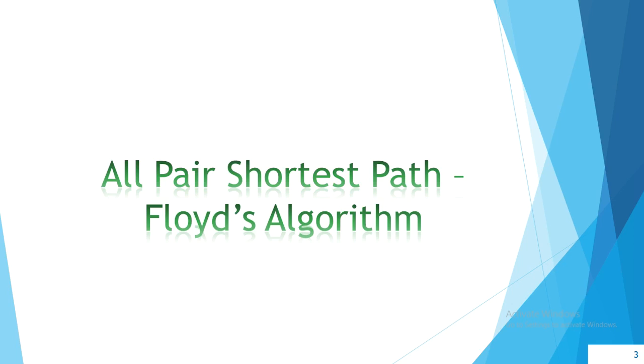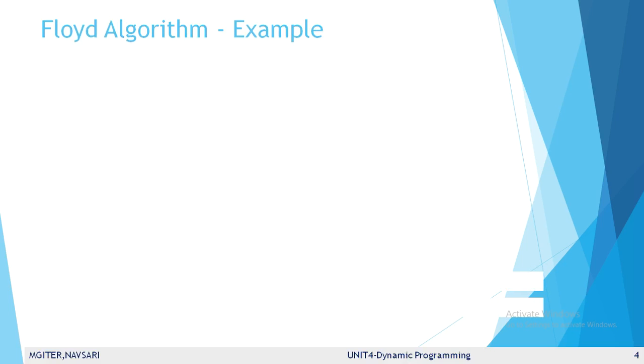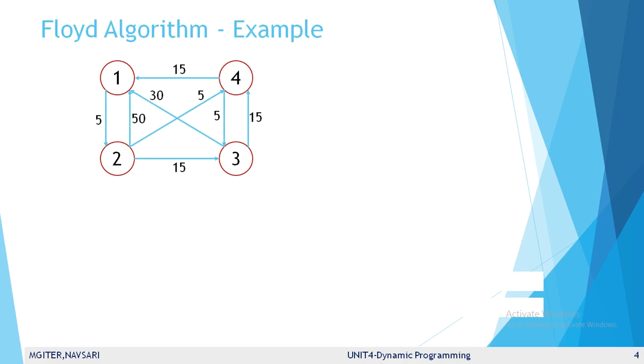Before the introduction of this algorithm, we review the concept of a graph. There are two types of graph. It may be a weighted graph or it may be an undirected graph. A weighted graph is a graph in which the weights or distances are given along the edges. The weighted graph can be represented by a weighted matrix. Now, first of all, we see the basic concept of the Floyd algorithm.